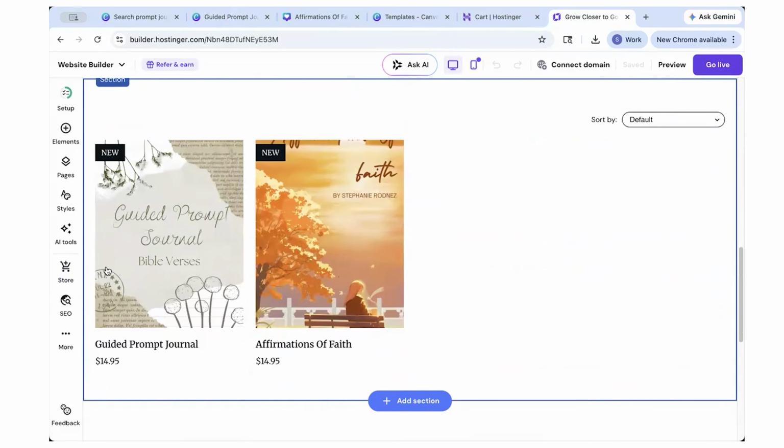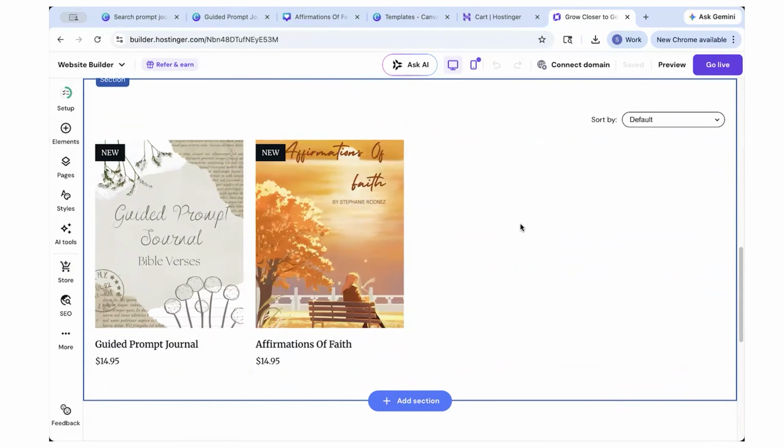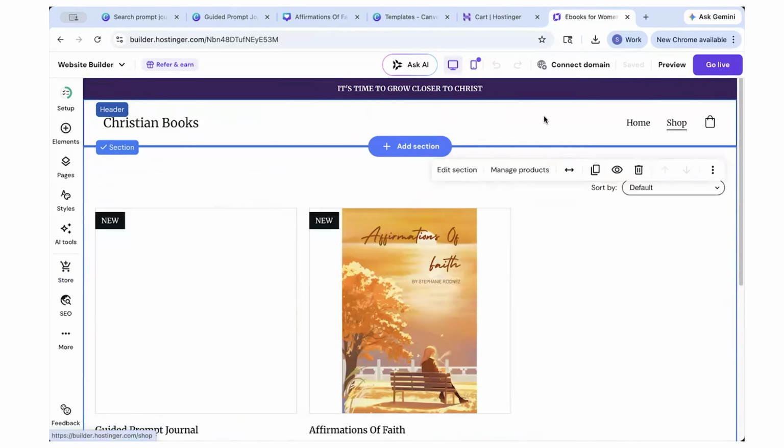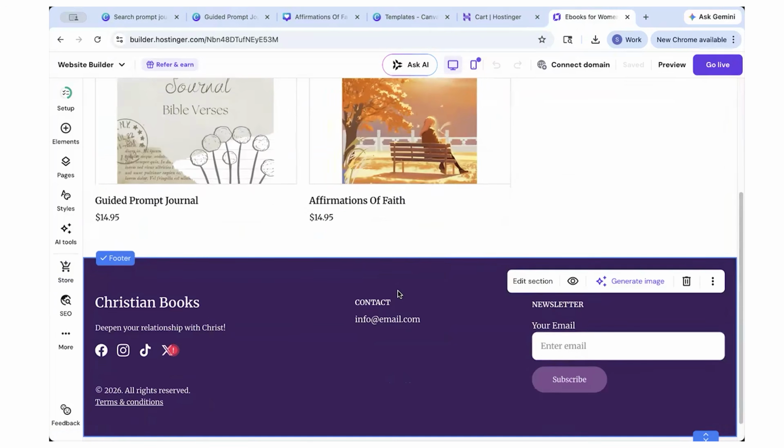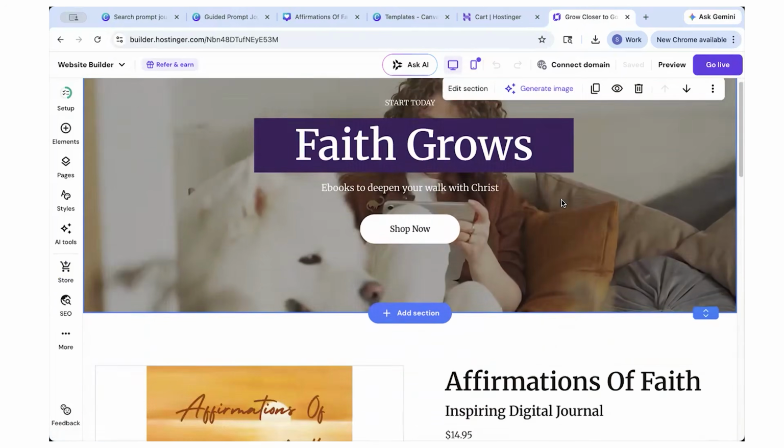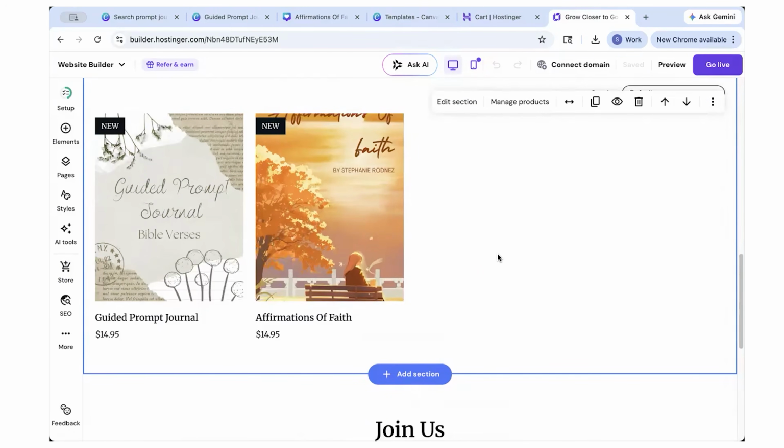And if you scroll down, you'll see, oh, look at that. We've got both books here now. And if you go to shop, we've got both books there, and that's so cool. That is how quickly you can do this. It's so fast. And then the third book that you can sell as a complete beginner without using Amazon KDP,